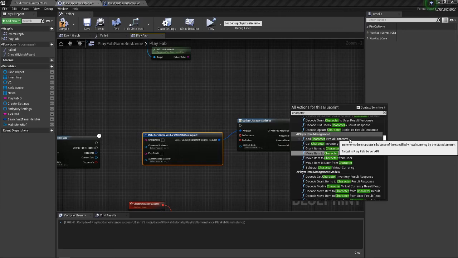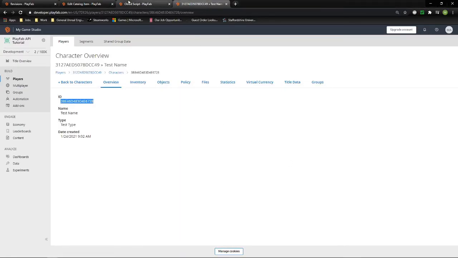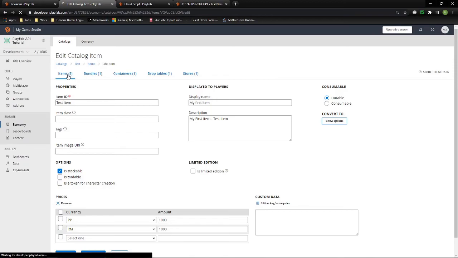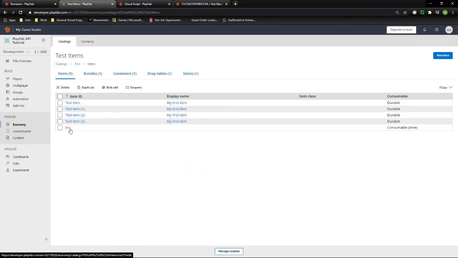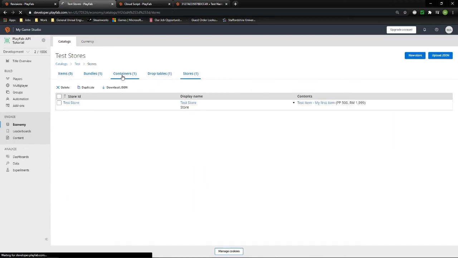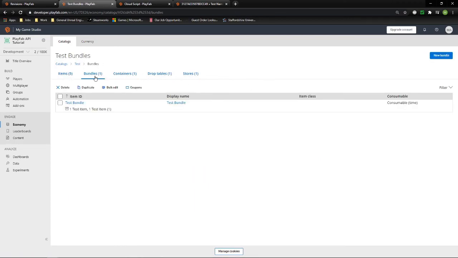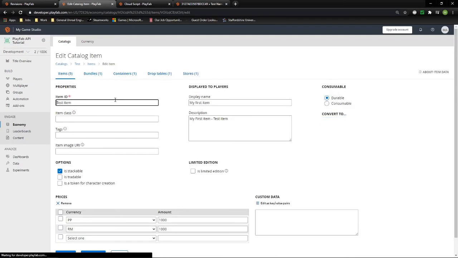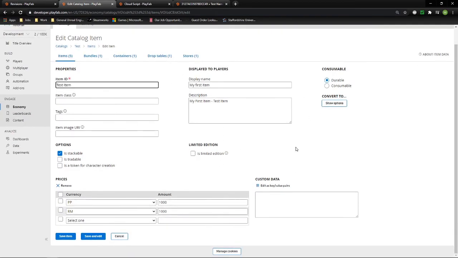So whenever you grant the virtual currency, so whenever they buy a virtual currency from the store, if we quickly go into here, I don't know if we put anything in that had virtual currency. It's probably a bundle, to be honest. But you should be able to give the character it rather than the player, because this is just a basic thing that says what's actually being given and how much. Then when you actually do it and it automatically gives the